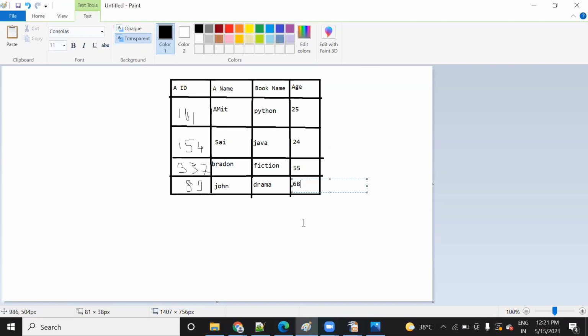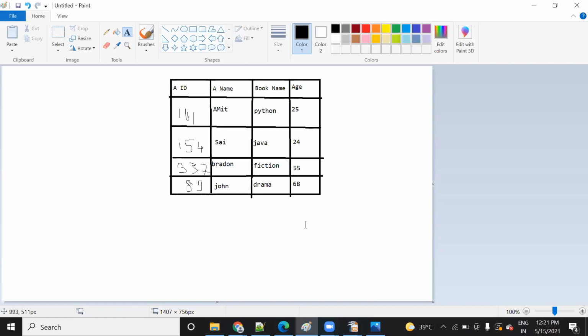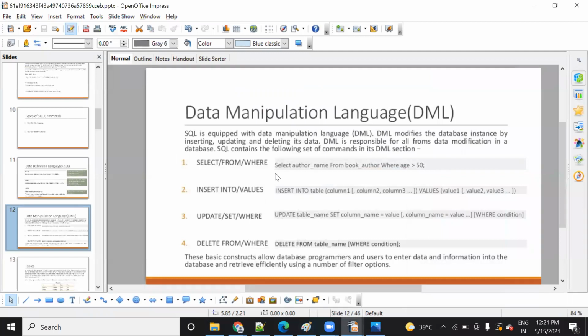69, 68. Now just try to see this query and tell me: if you run select author name, I have taken a name. You can take anything. This author name is a column name. Whatever the column name is written, you have to take it as it is.